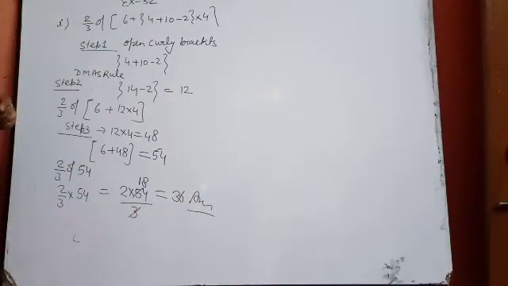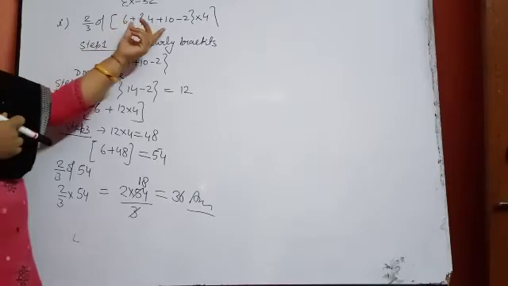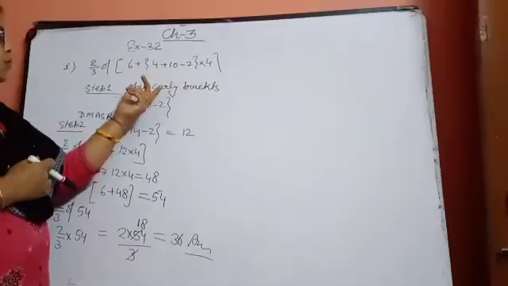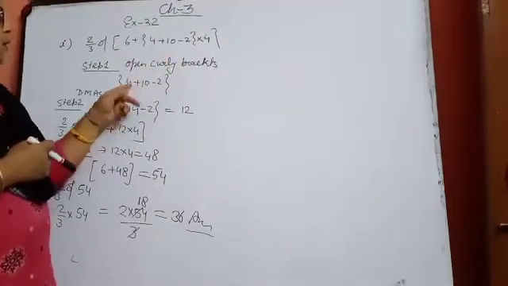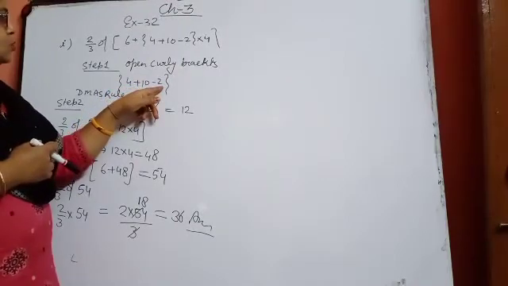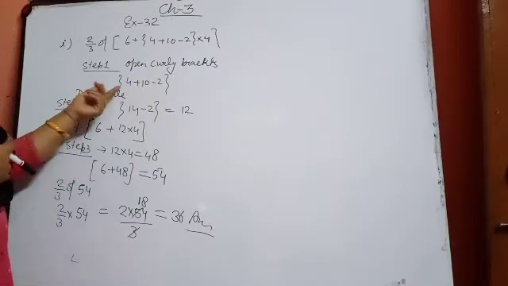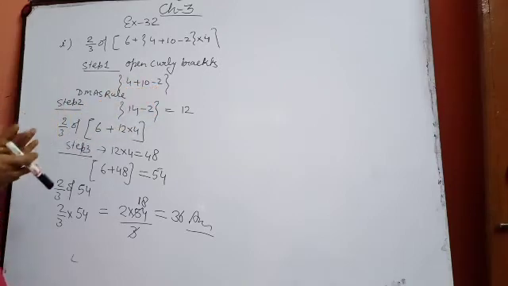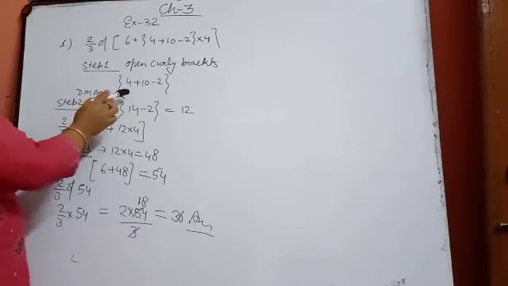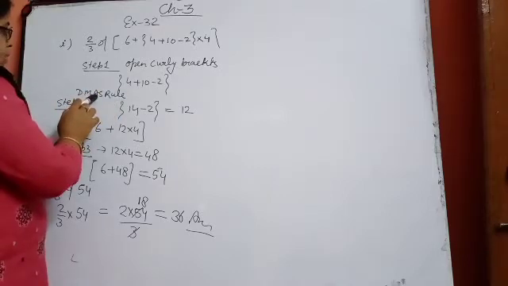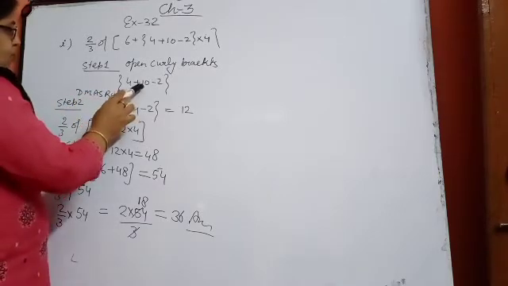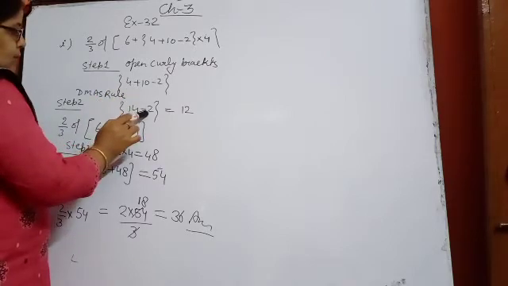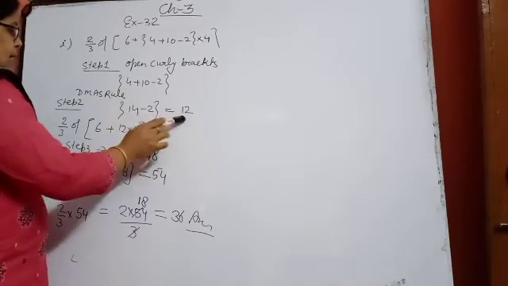First of all, see how you will do. Curly brackets were here, so we have opened the curly bracket first: 4 plus 10 minus 2. Okay, DMAS rule, because more than 2 signs are there. Plus is also there, minus is also there. So we can be confused about what we should do first. Then see that if you do addition before subtraction, addition we should do first. So 10 plus 4 is 14, minus 2 will be 12. Now this bracket is solved.